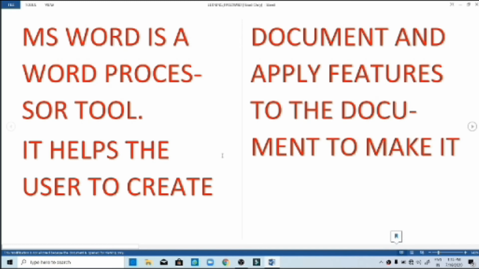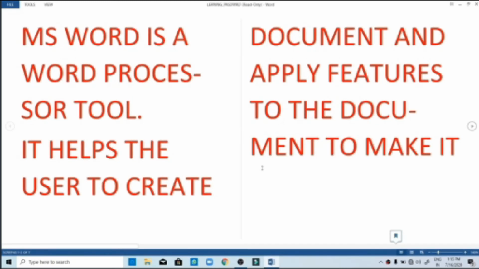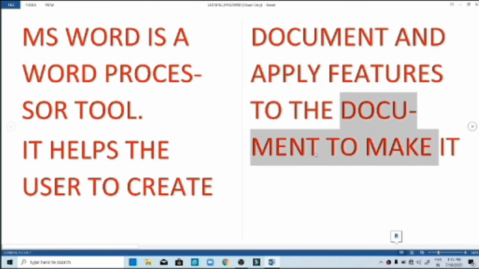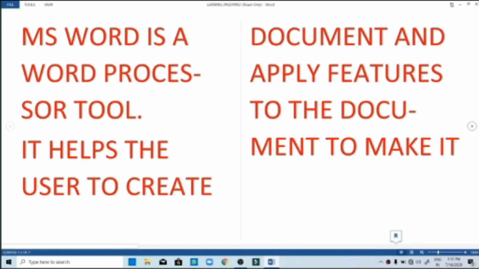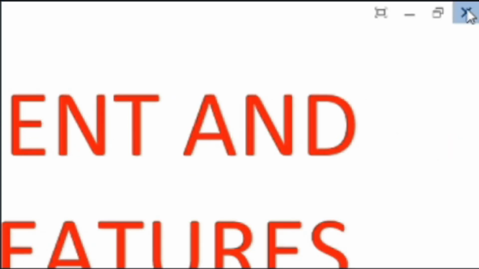This is the window which is only to read. Here again, if I try with many features, it is not going to allow me. I am trying to select, I'm trying to copy, I'm trying to cut. It will not allow me any option. I cannot do anything to this file. Why? Because I have simply selected open the file, and you can see text on both the pages together. This is the read only file. So by looking at the window, you will understand which type of view it is. It is read only view. Let me close this file.